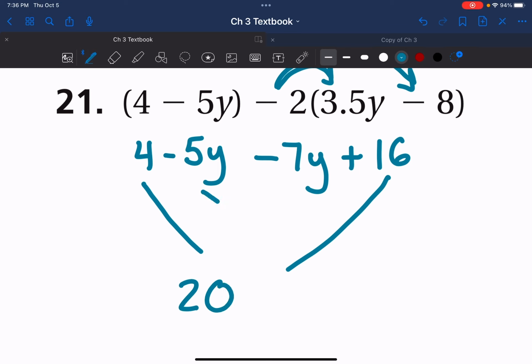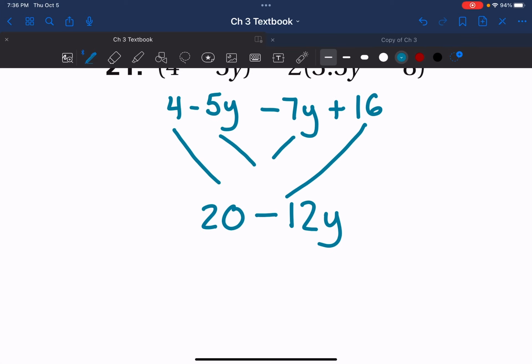I have a negative 5y and a negative 7y. Signs are the same, so we just add. 7 and 5 makes 12. Keep the sign they all had, negative 12. Now remember that negative 12 is also acting as my operation of minus, so we can just leave it like that. However, if you put this,